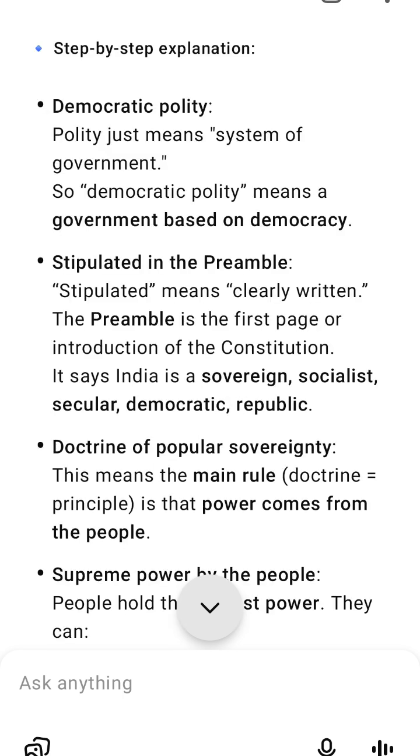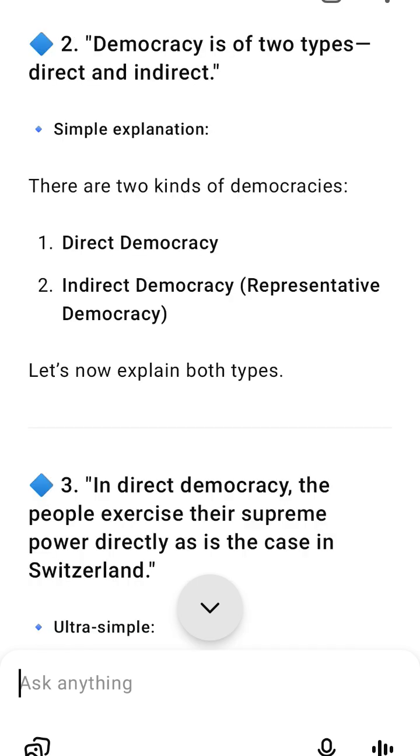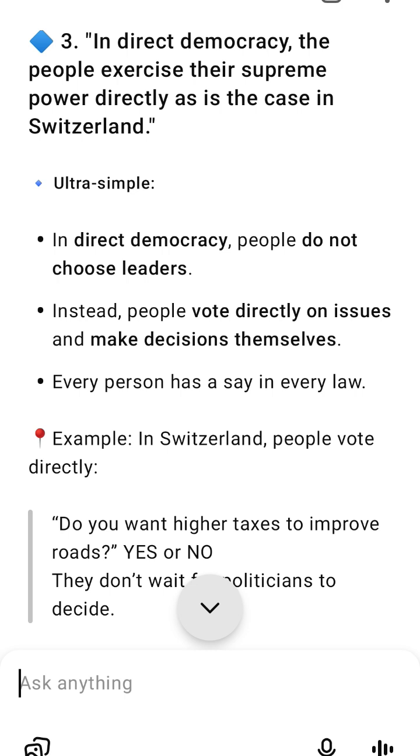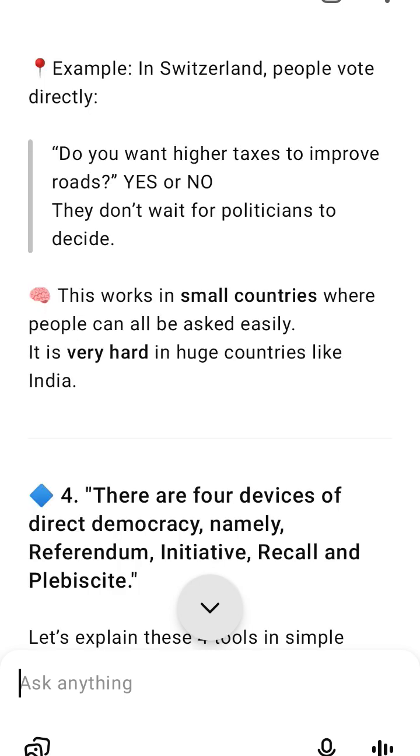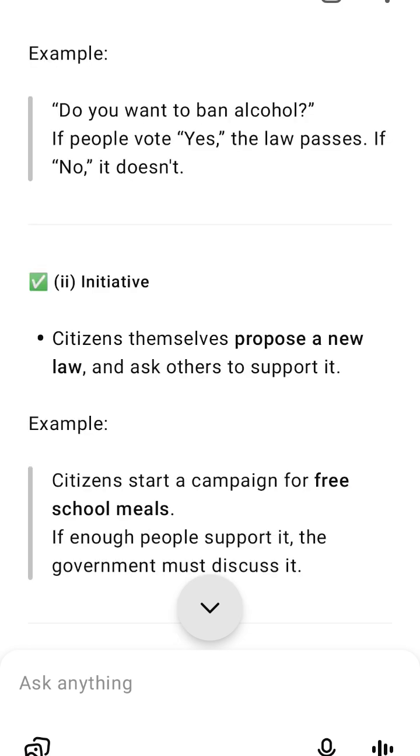1. Democracy is central to India's identity. The Preamble of the Indian Constitution clearly states that India is a democratic country. This means that the power belongs to the people, not to a king, queen, dictator, or military. The people elect leaders who must work for the public and can be removed or moved by them through elections. This system is built on the principle of popular sovereignty, which means the people are the source of all power in the country.